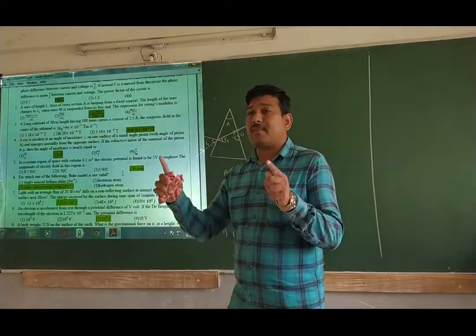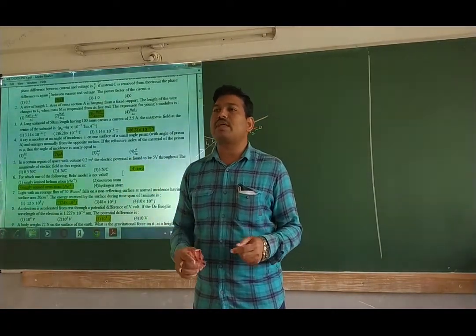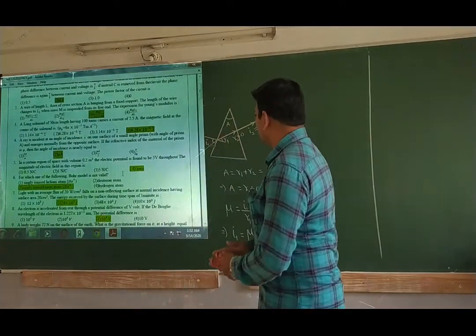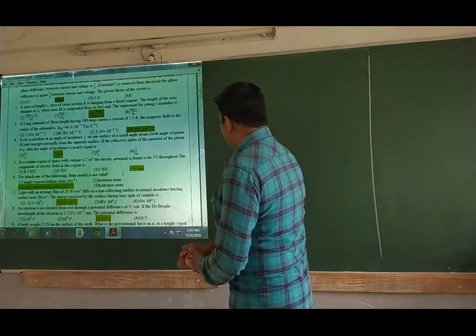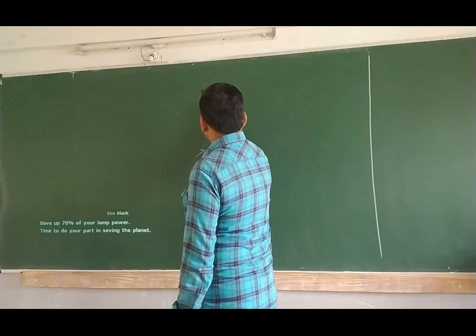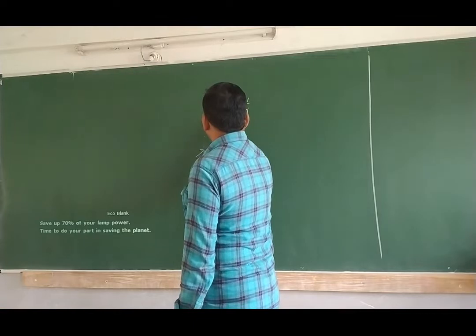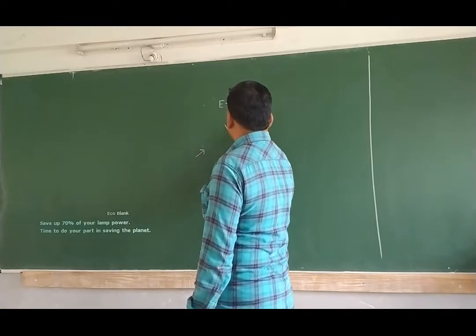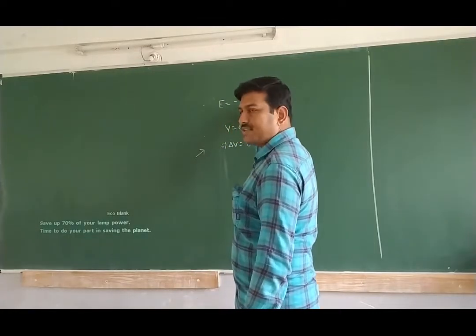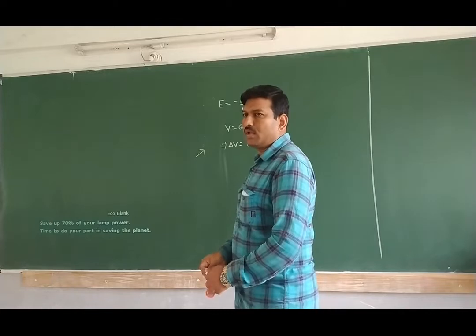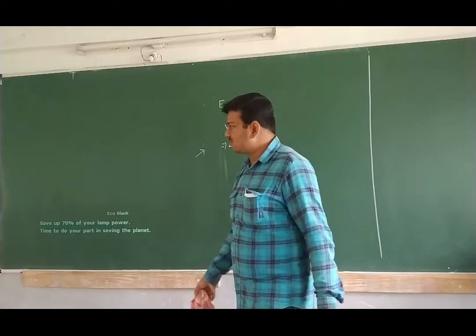Whenever the potential is the same between 2 points, the potential difference becomes 0. If potential difference is 0, electric field intensity will be 0. So simply I can tell like this mathematically. We know that E is equal to minus delta V divided by delta R. So V being constant implies delta V is equal to 0. Delta V 0 means 0 by something is 0. Therefore, intensity becomes 0. Simply to confuse the students, they have given volume as 0.2 meter cube. It is of no use here. Okay, next question.